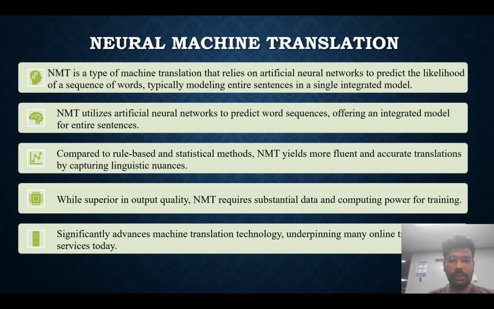And coming to neural machine translation, this slide provides an overview of NMT, emphasizing its reliance on artificial neural networks for predicting the likelihood of a word sequence, hence offering a unified approach to modeling entire sentences. So NMT outperforms older rule-based and statistical methods by delivering translations that are both more fluent and more accurate, capturing